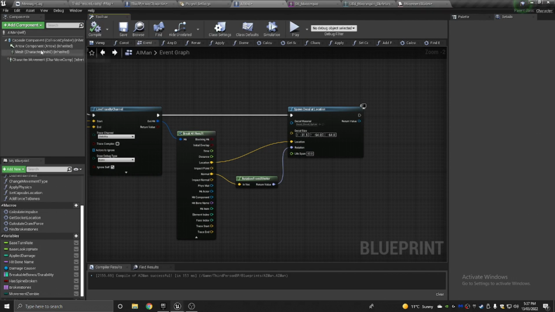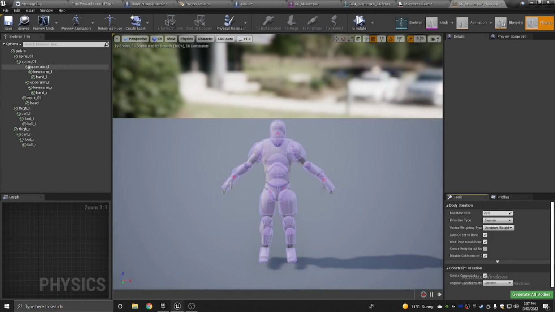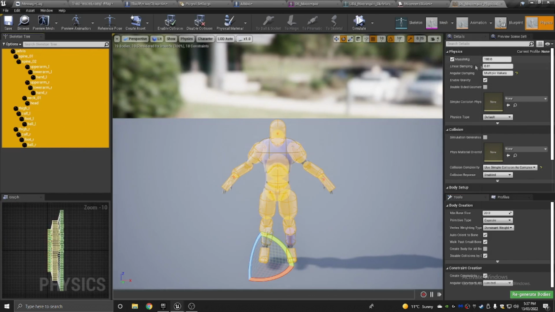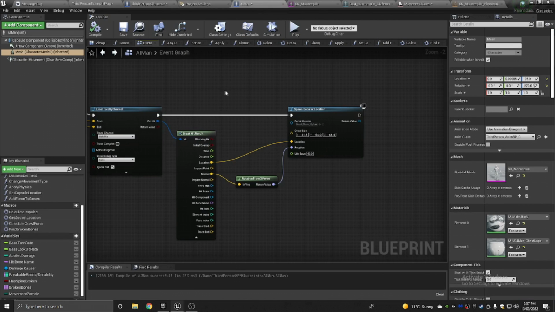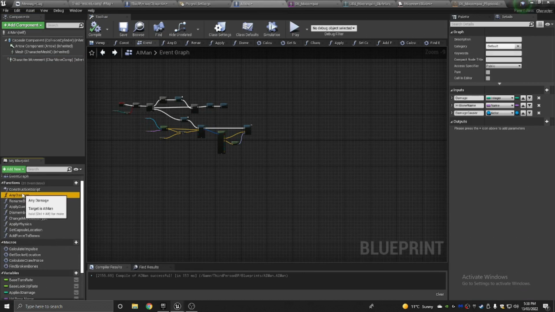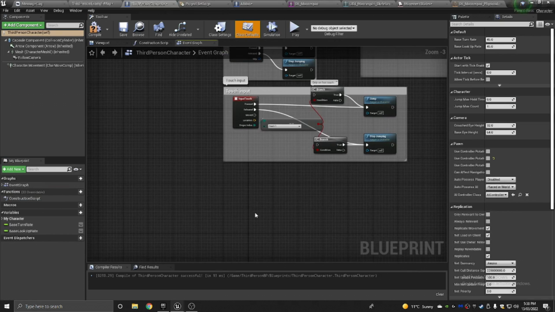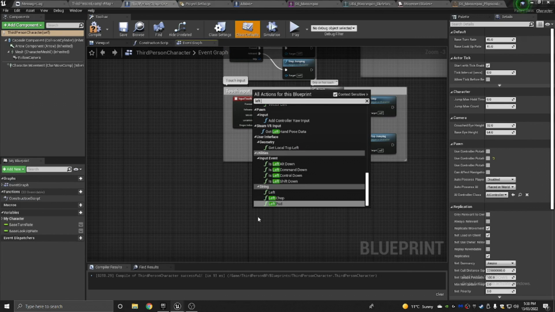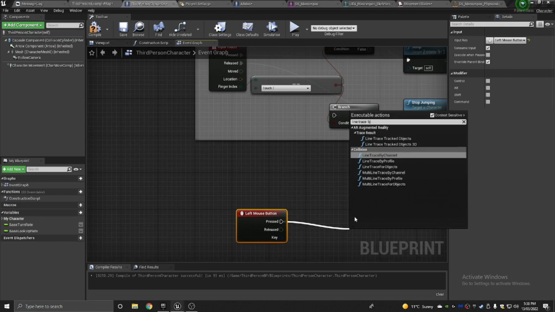What we need to do is lastly go into our mesh physics tab, and now we just need to give our bones, make sure you enable mass in kg and type 100. From here, what we need to do is actually apply this any damage function, because right now it has no way of being called. We need to call this any damage function. If you already have a weapon system, you can easily add it, but we are just going to quickly create a simple firing system. Line trace by channel,